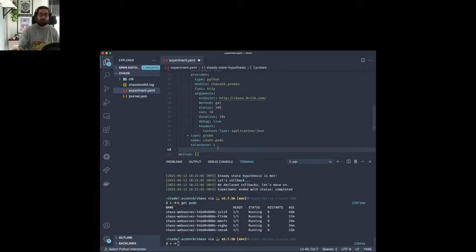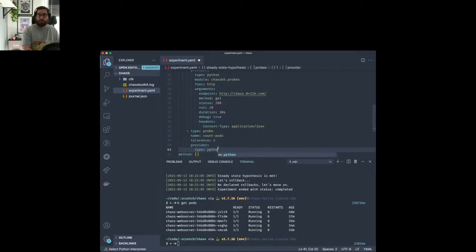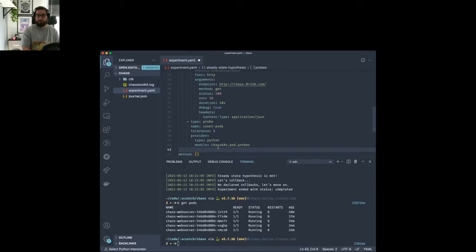So that's the normal circumstance, that we have 5 pods in our replica set. We'll add the provider for that as well, and it will be a Python provider this time as well. And the module will be chaosk8s.pod.probes. And the function we'll be using is count_pods.